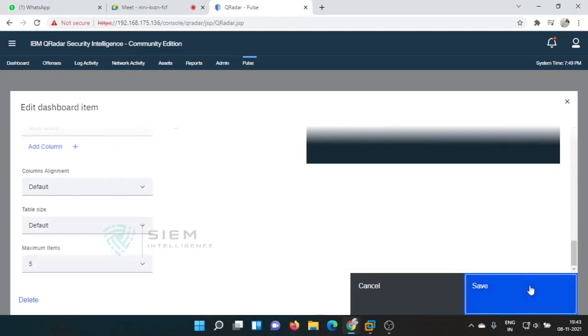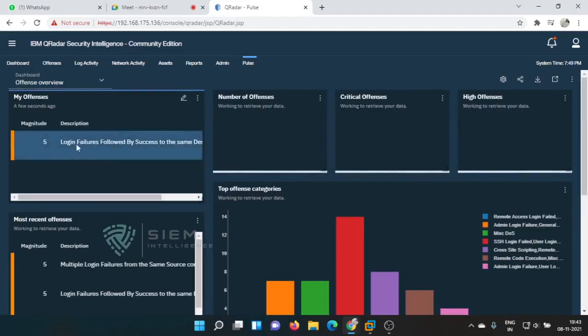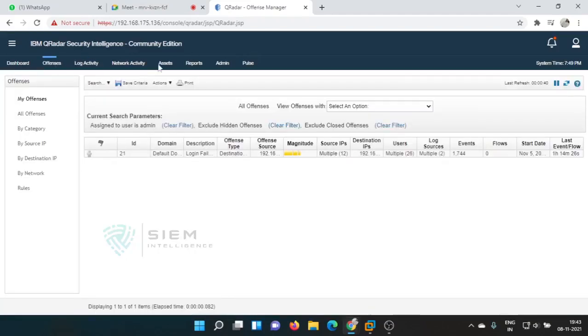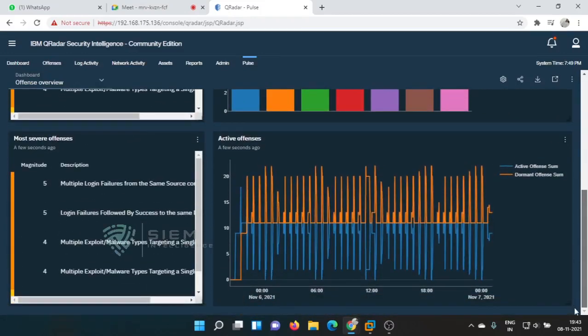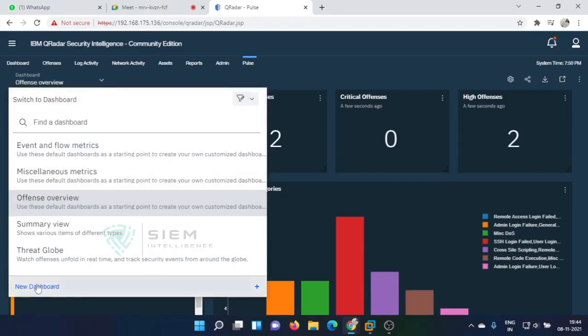It is there. So once it is saved, you need to get. Yeah, see, after it is taking some time, but it is showing. So basically what it will do, once there are any changes, it will automatically show here. This is something called, see, the very new version of your view. See all these things, and you can also create your own dashboard itself. So you can create your new dashboard.